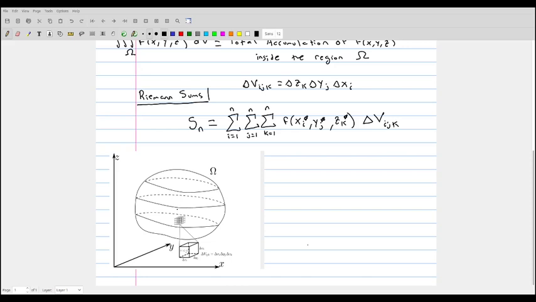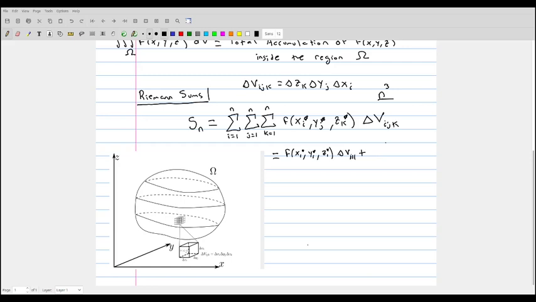And so the idea here is that you want to remember that this is a triple sum, so it's even larger than the double sum that we encountered for the double integral. This is going to have, in general, n cubed terms in it, because you have to sum over the function at x1*, y1*, z1*, because it's a sample point, times the volume of the first cube,